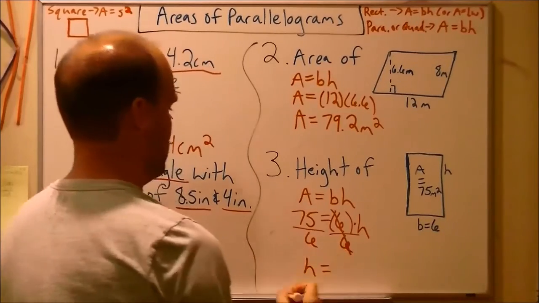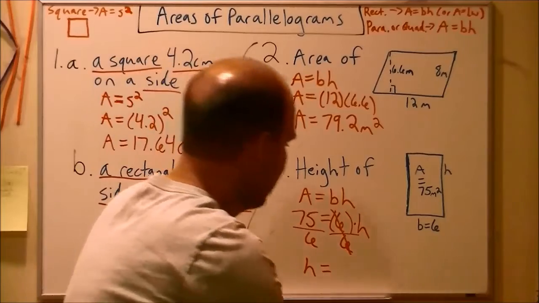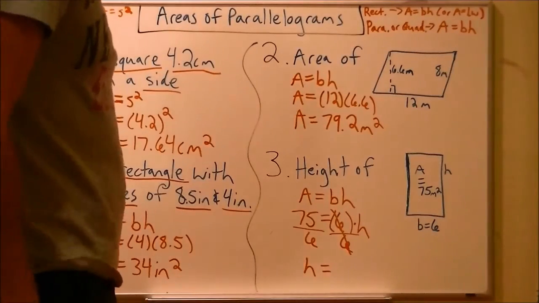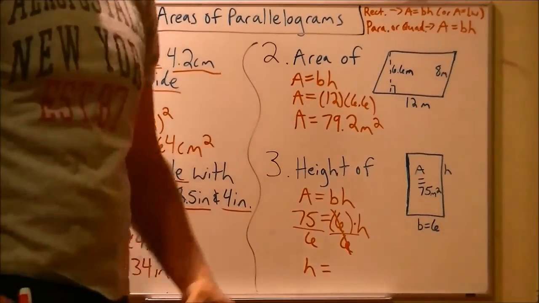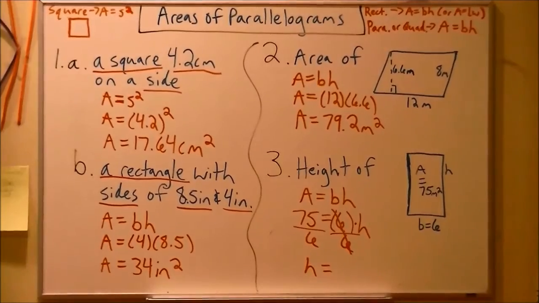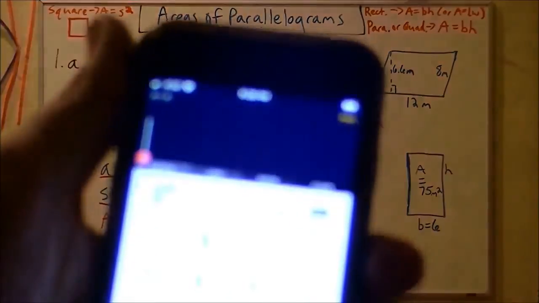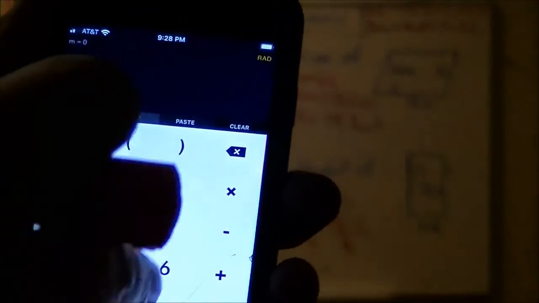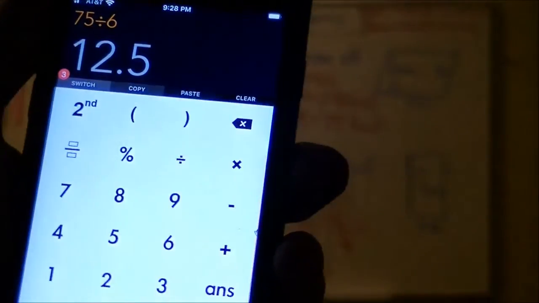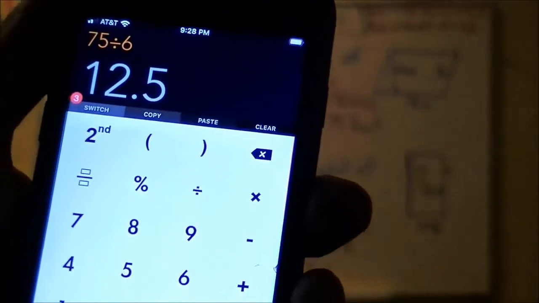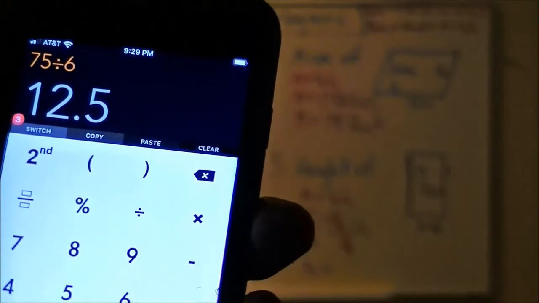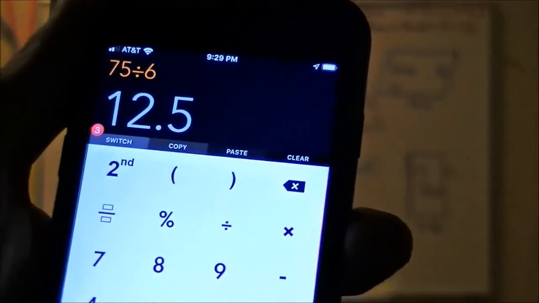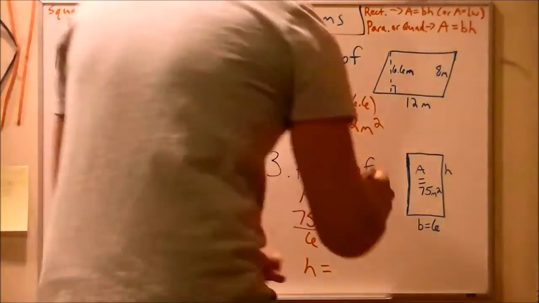And when I do so, I can do that in my head, I think. I want to say that's going to be, let me see here. I want to say it's going to be 12 1/2. Let's see if I'm right on that. Okay. Let's punch into the calculator. All right, where are we? Here we are. 75 divided by 6. Woo! 12 1/2. The reason for that, I know 12 times 6 is 72, with a leftover 3, and 3 over 6 is 1/2, and 1/2 is 0.5. So my H is